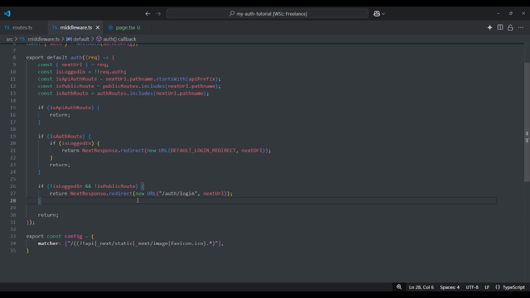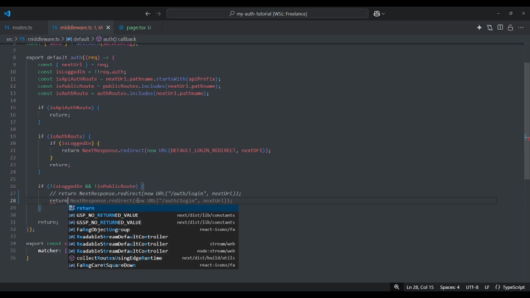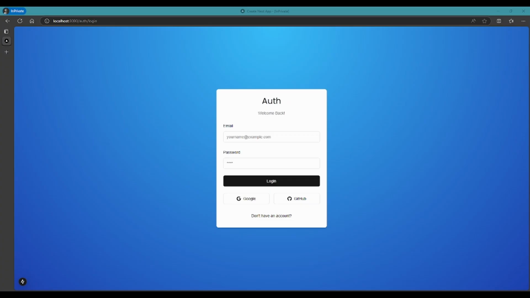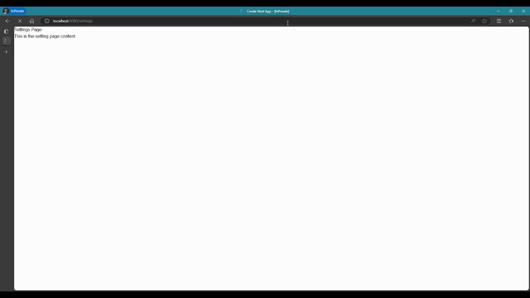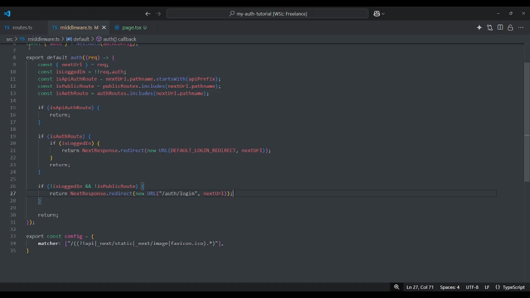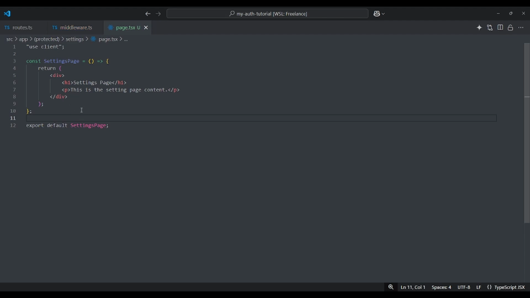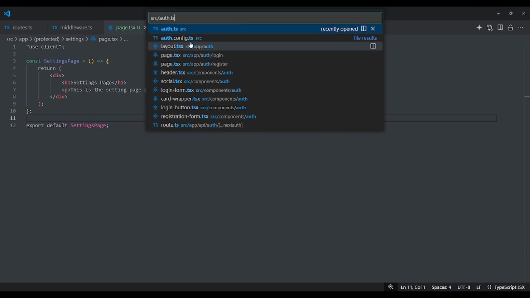So for us to be able to visit the settings page, we can comment this for the moment and type in return here, and let's go back to our login page, and in the URL bar let's type settings, and there you go, we can visit our settings page because we just returned there. Okay, that's what we need. We now have a settings page for the user to be redirected to if they are successfully logged in to the system.